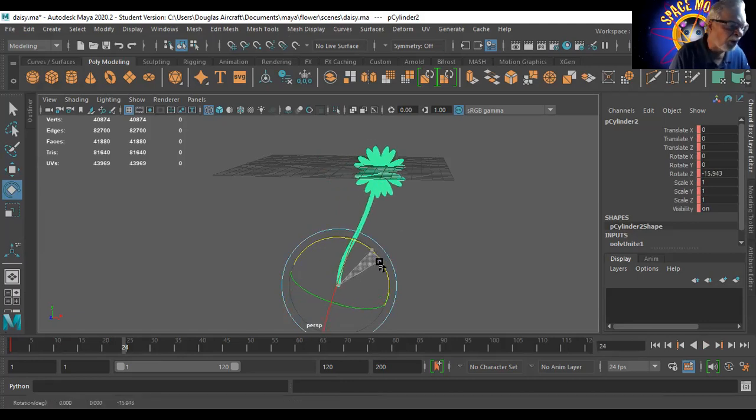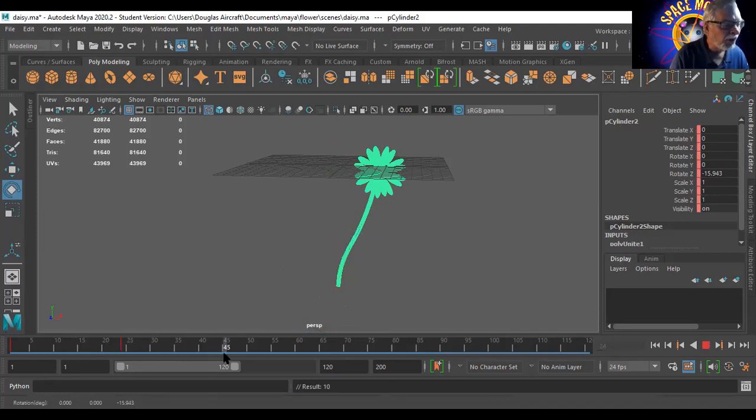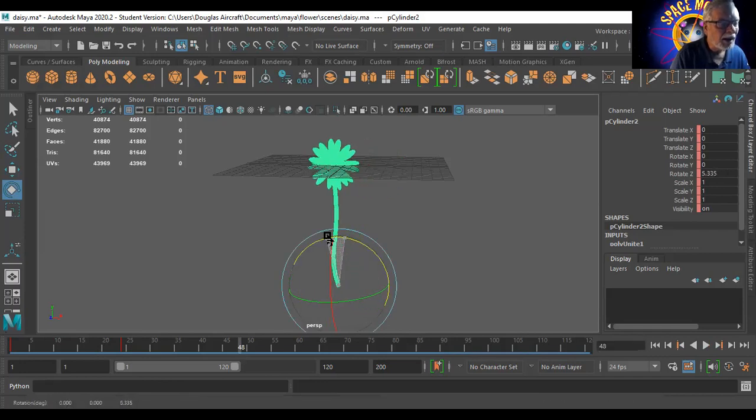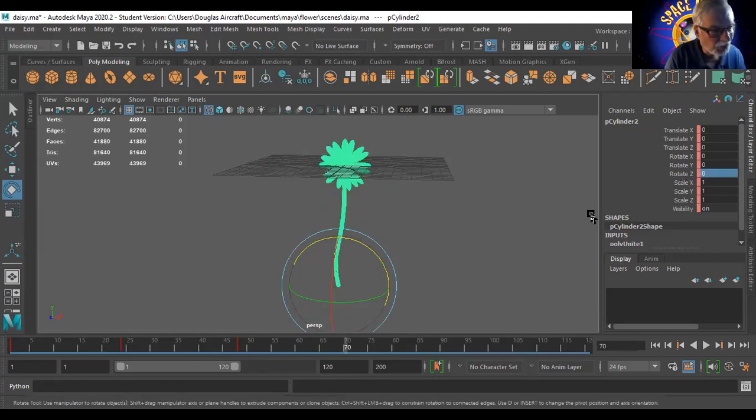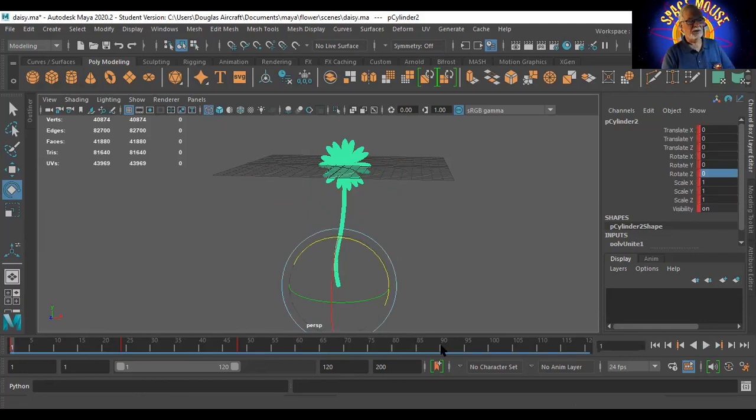And I could move it over here, hit S, come over here at 24:48 and rotate it back to here, S. And then I could come over here and move it back to the middle. And if I wanted it to be completely straight, I could type 0. And so if I played this,